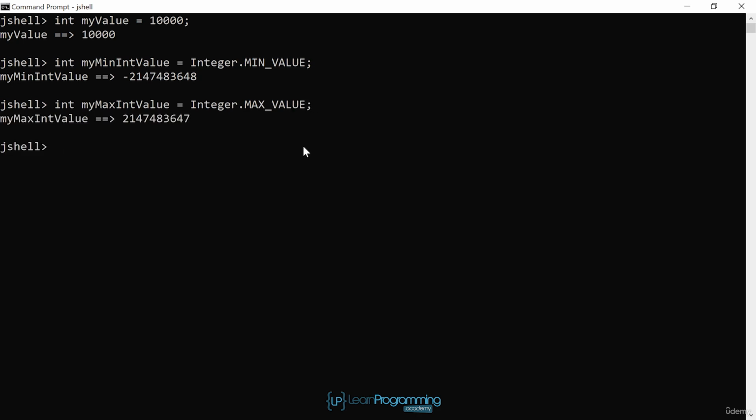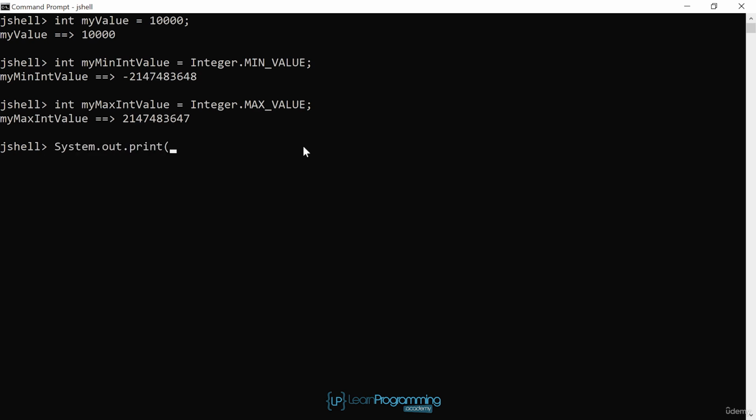Now that we know the min and the max values, we can say that the range of values which an int data type can store is from Integer.MIN_VALUE to Integer.MAX_VALUE. Let's use some of the programming skills we've learnt so far to print out that range as a statement to the JShell window. Next, I'm going to show you how to display both text and some non-text data on the same line. First, let's just print out the minimum value in a statement to the console. Instead of just printing the variable as we've done before, we're going to first print a label saying what it is, then print its value. So we'll start by typing